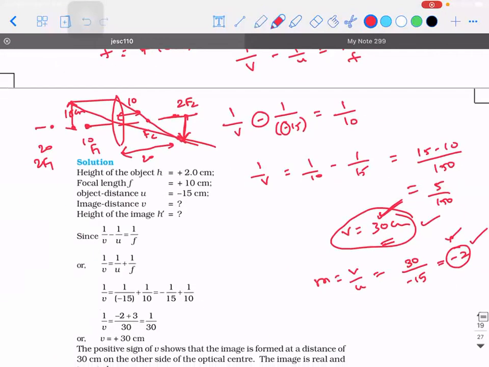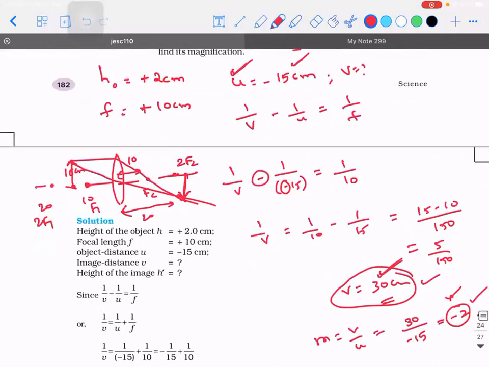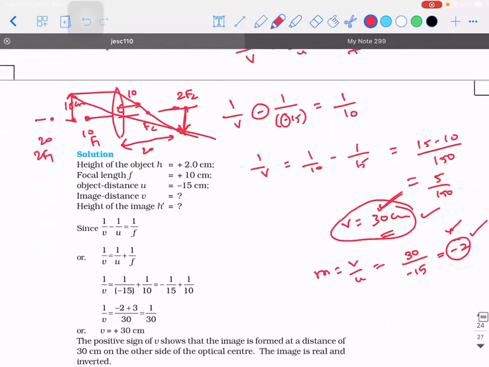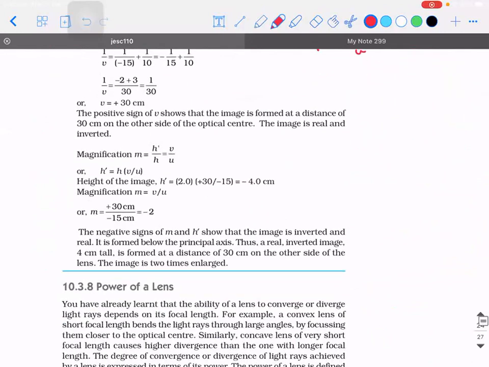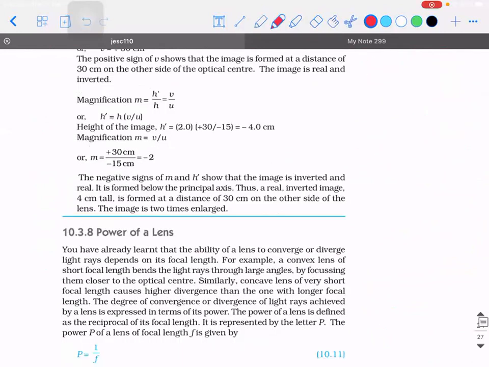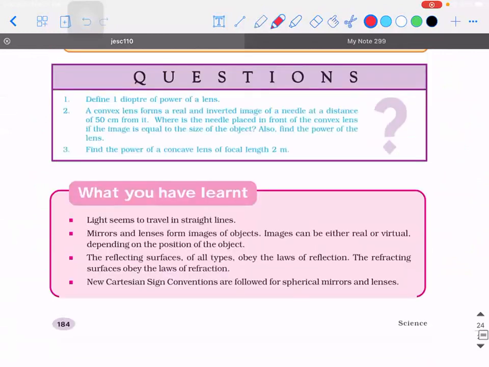Guys, again, the important point for me is I want you to understand how to think. I'm concerned about that. I'm not concerned about the answer in this question. Will you people start thinking like this? Whenever you see a problem, try to draw a rough diagram and then analyze with the ray diagram so that you will be sure of your answer. If you get a wrong answer, you will be able to correct yourself in the exam. Shall we do one more problem? Yes, sir. Okay.